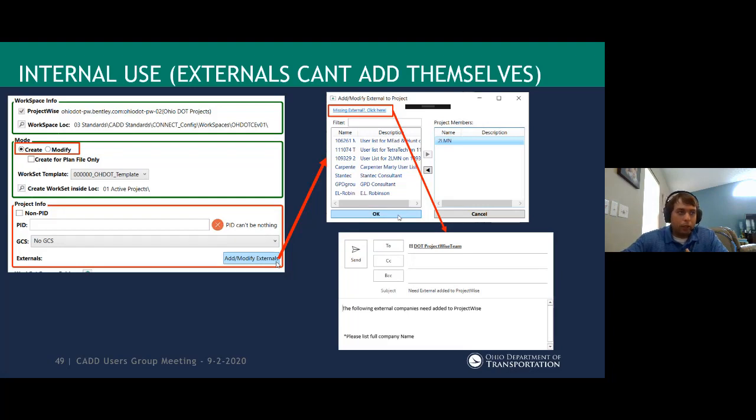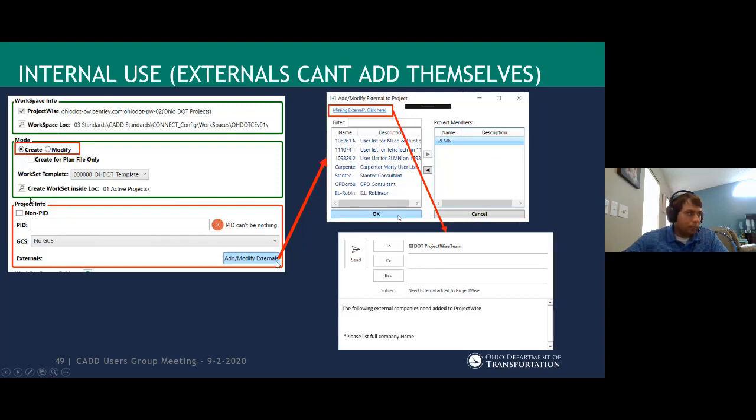Now, if consultants want to streamline this process, you can reach out to us with the users that you want added, and we can set up this user group for you, maybe even before the PM gets to adding them, so they're already there, and make that process a little faster. So it shouldn't take too long. It's really easy to set up. It's really easy to create these user groups. So the goal is to make this as efficient as possible.